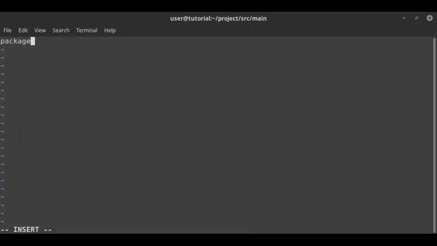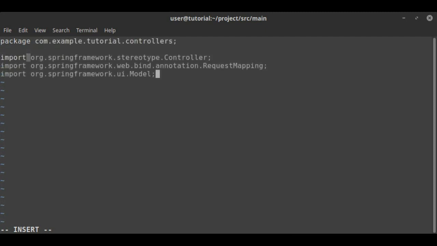Define the package and add the required imports, in this case the controller stereotype, request mapping annotation and UI model. Start with the controller annotation and then the public class definition. I'm adding a basic variable of type string called message,